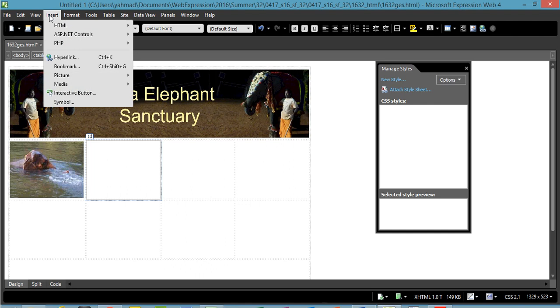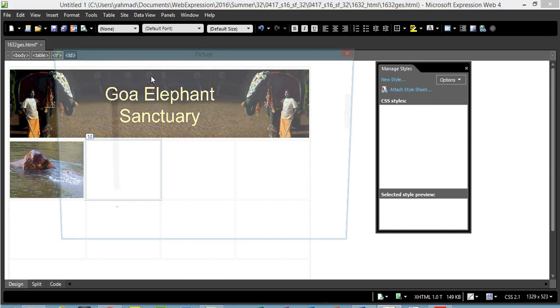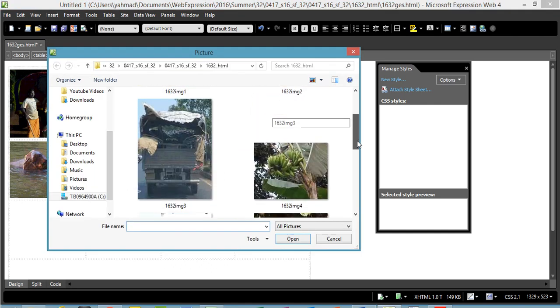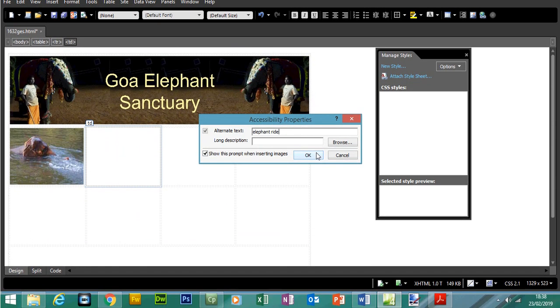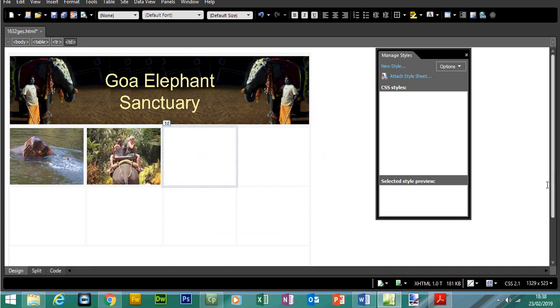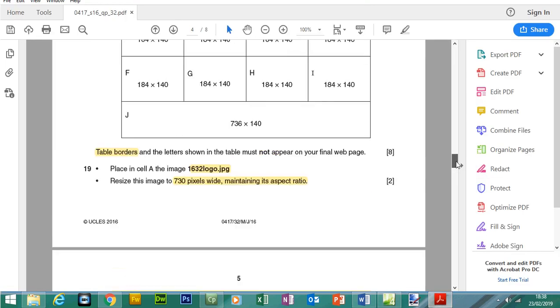Okay, so again, if you click on the cell, go to picture, from file, and if you go down, we can hopefully find a picture of the elephant ride. Let's include the alternative text. If you go back,